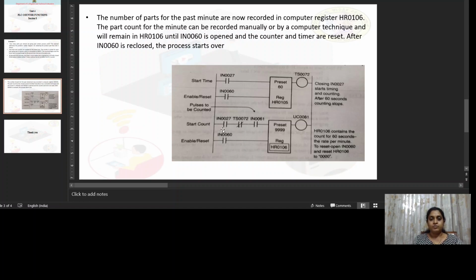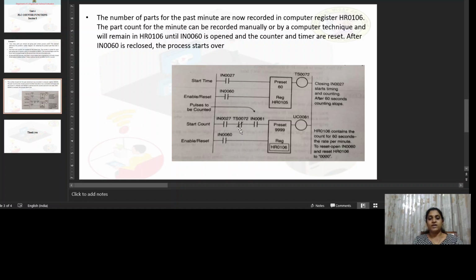Here we are using IN27 in the second line also. So when we start the timer, this contact is also energized and will be closed. The contact TS72 is energized by the timer output. Since the 1 minute has not elapsed, the timer output will be 0.